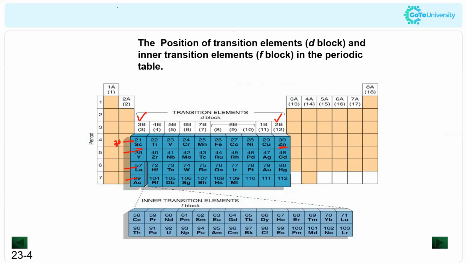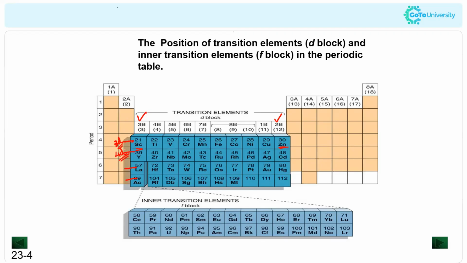The first series is called the 3d transition series, because in these elements the 3d orbitals will be filled. For the second one, it will be the 4d transition series, because the 4d subshells will be filled. The next one is 5d, like that. So based on which orbital is being occupied by the electrons, we can classify the different periods of transition elements into 3d, 4d, 5d